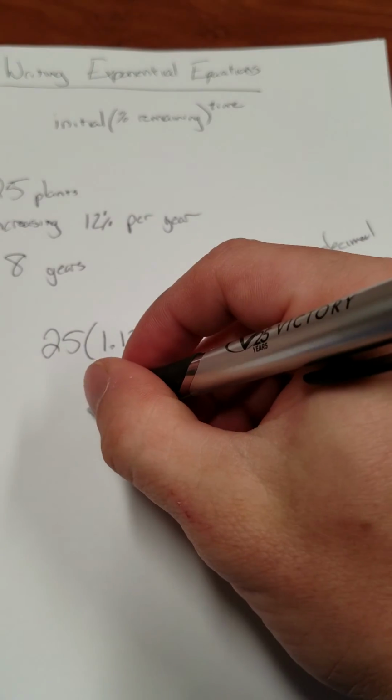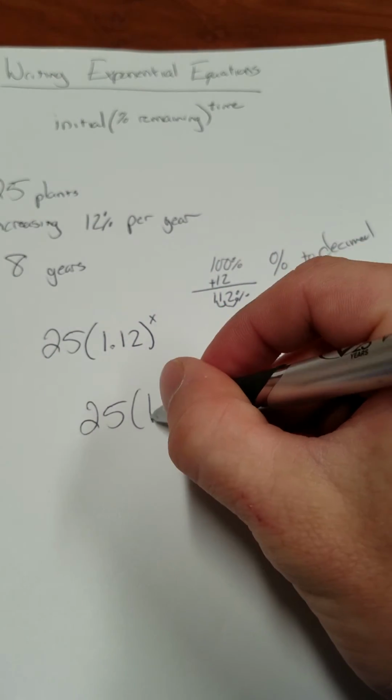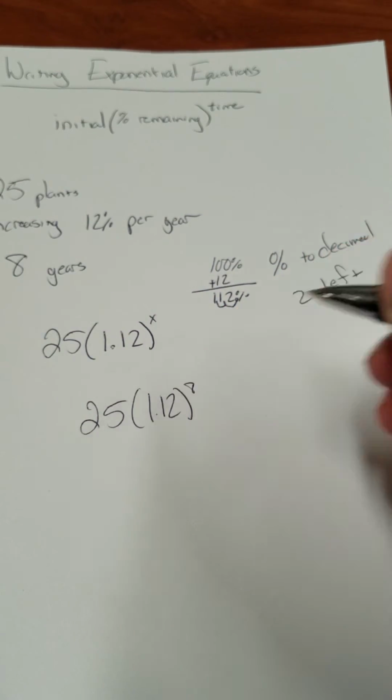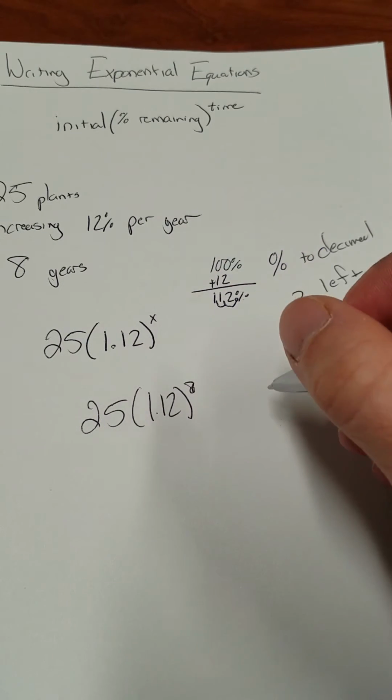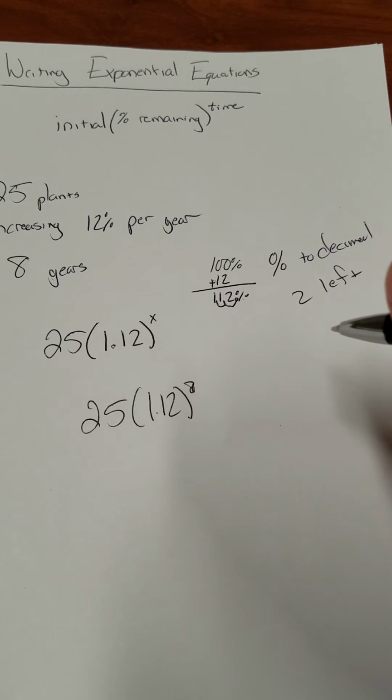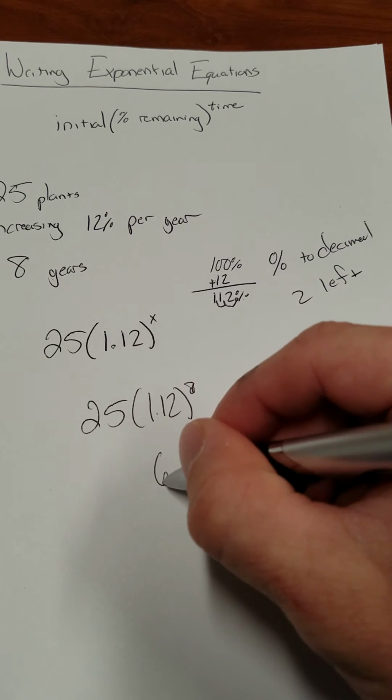Now this wants to know what's happening in 8 years. So 25 times 1.12 raised to the 8. Please make sure you type it in as you see it. Make sure that the exponent is in parentheses, otherwise you're going to mess this up. And you should come out to